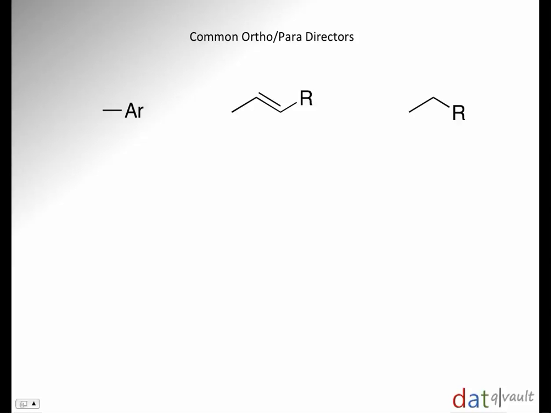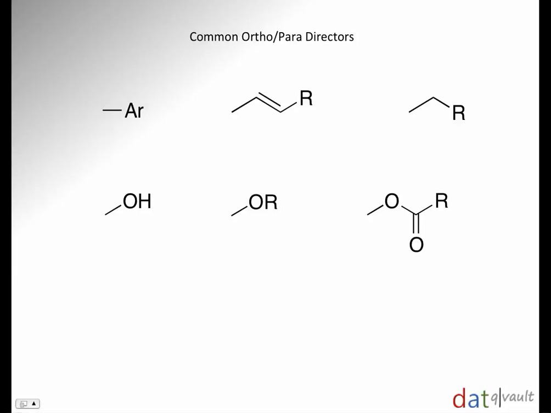These groups are not very strongly activating for the aromatic ring because a resonance structure with them creates another carbocation instead of putting a positive charge on a heteroatom such as an oxygen or a nitrogen, which is actually more favored. Which brings us to our next set of common ortho-para directors, which are alcohols,